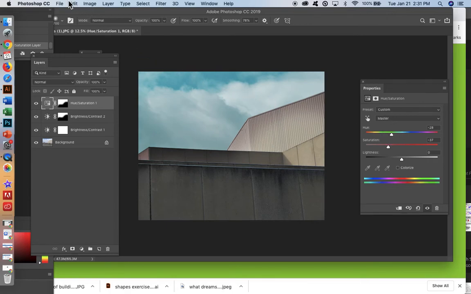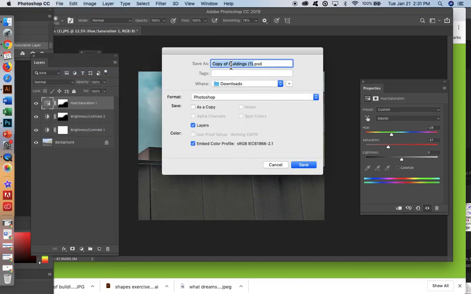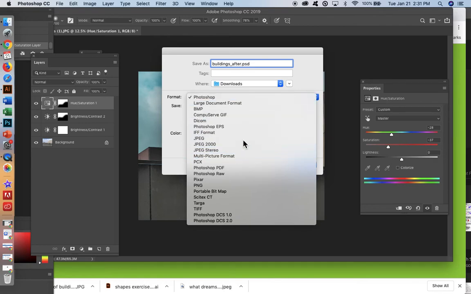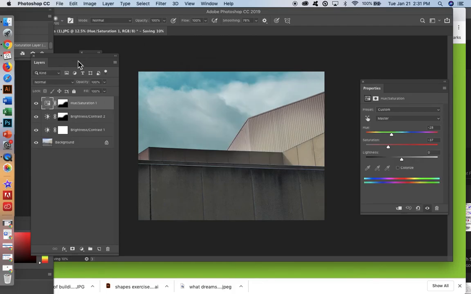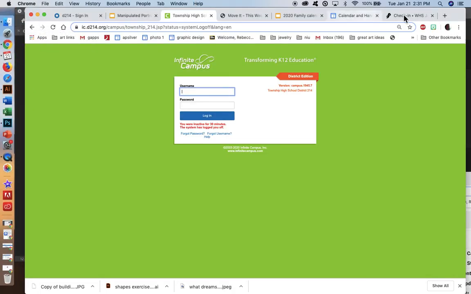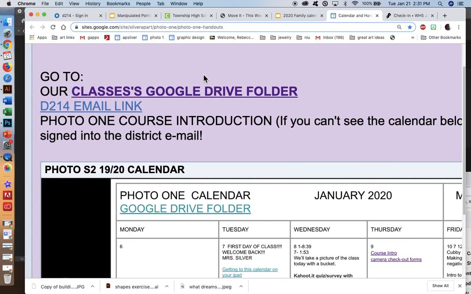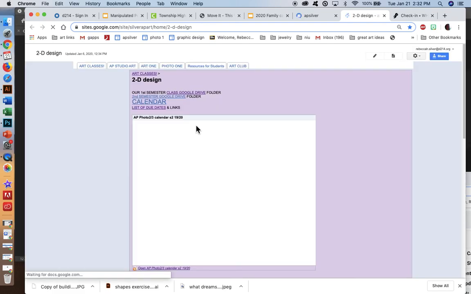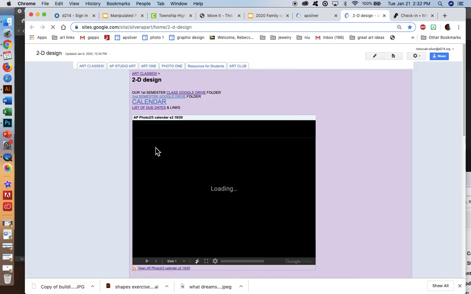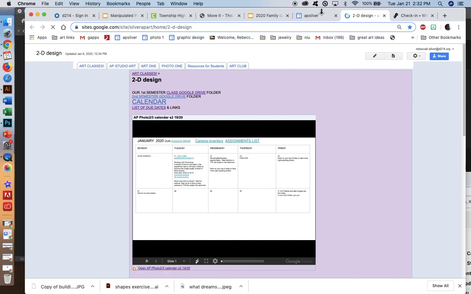And of course, when I'm done, File, Save As, and I'll call this Buildings After. It's a JPEG, right? And it's in my downloads. So once I have that done, then I can go back, of course, to my folder and upload this to the correct location from there. So simple. All right. And so I should have a before and after in that folder when I'm